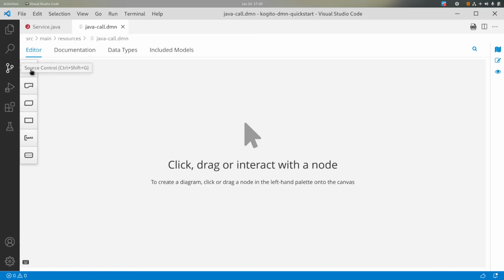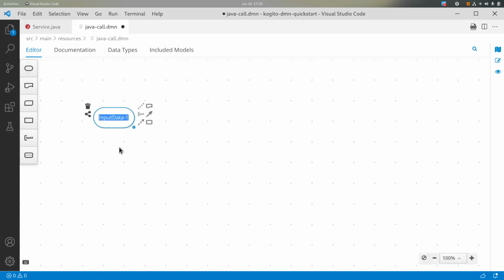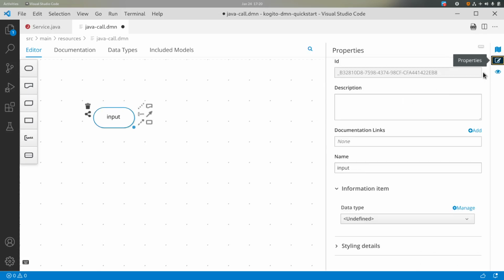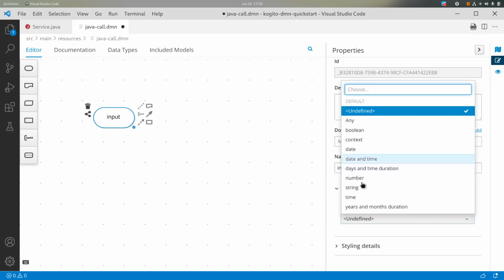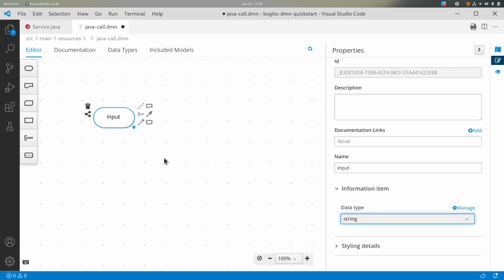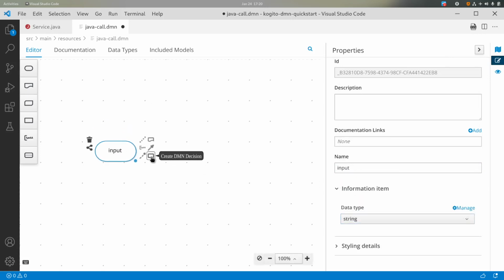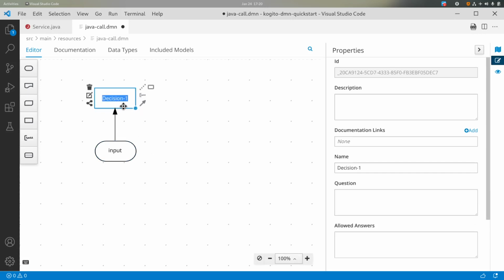So let's use an input parameter, input. It should be a string. And we use the input parameter in a decision that we just call java call,